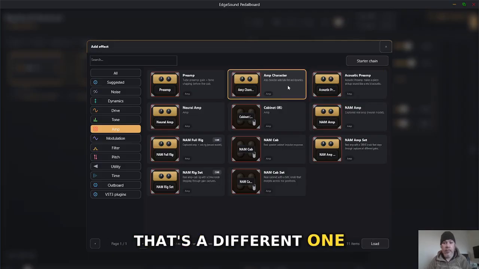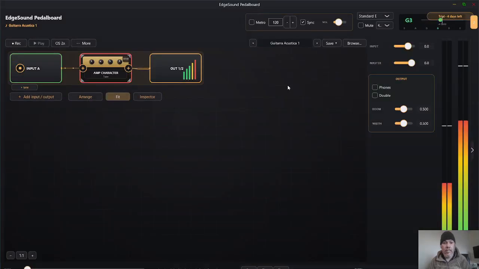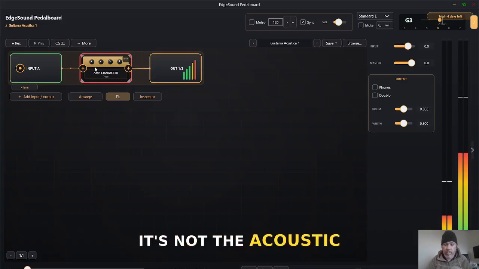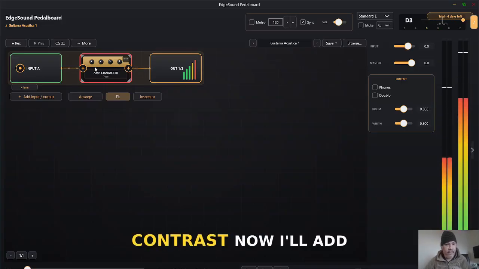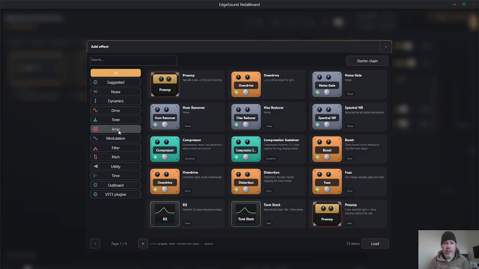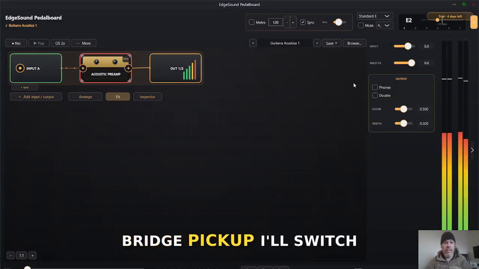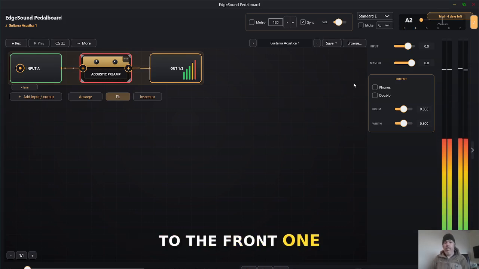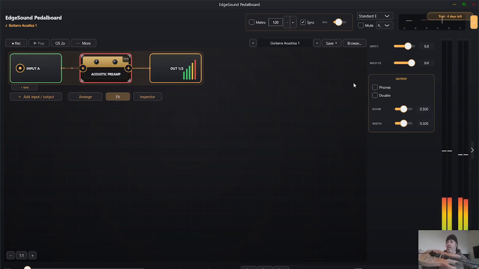That's a different one. It's not the acoustic, just to show the contrast. Now I'll add the acoustic, it's right here. I'm on the bridge pickup. I'll switch to the front one, the neck, and the middle.